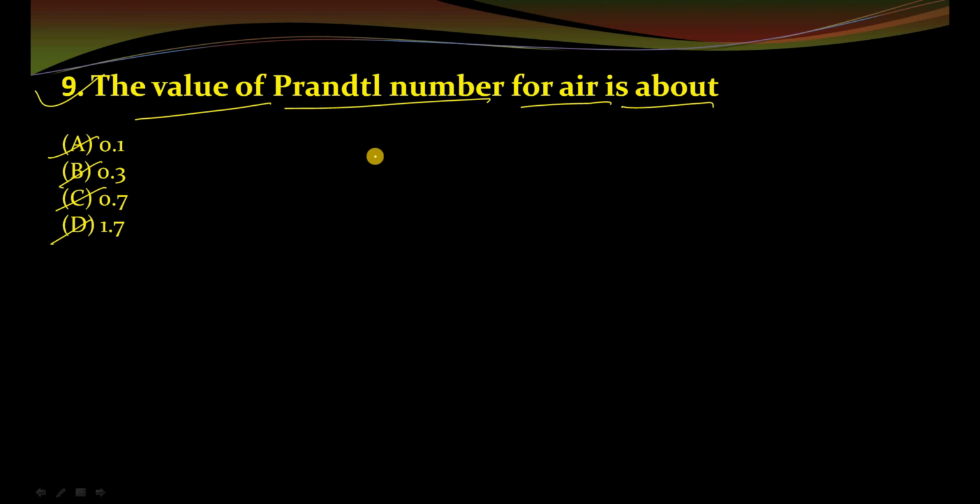In the last question we discussed the Prandtl number, right? And the Prandtl number was nu by alpha. Okay, so what we can do, we can simply calculate the kinematic viscosity, and from the table we can also see what is the kinematic viscosity for air, then what is the thermal diffusivity for air at a specific temperature. Okay, say suppose I have written here